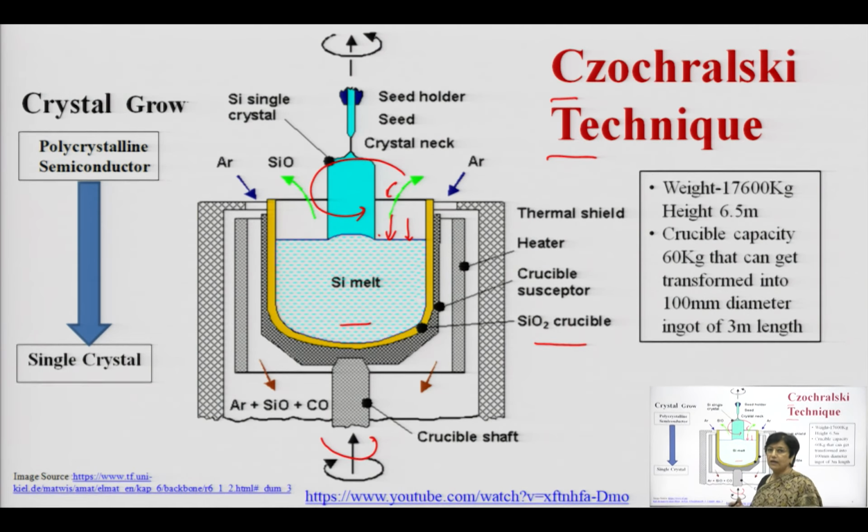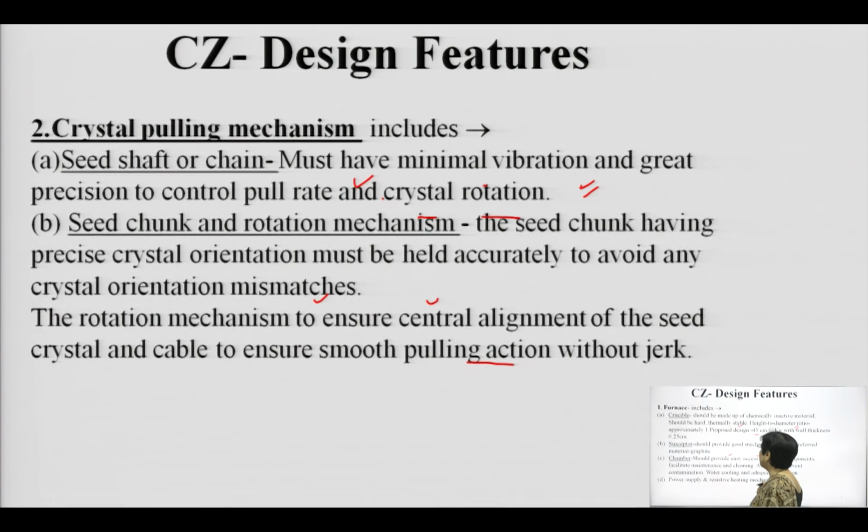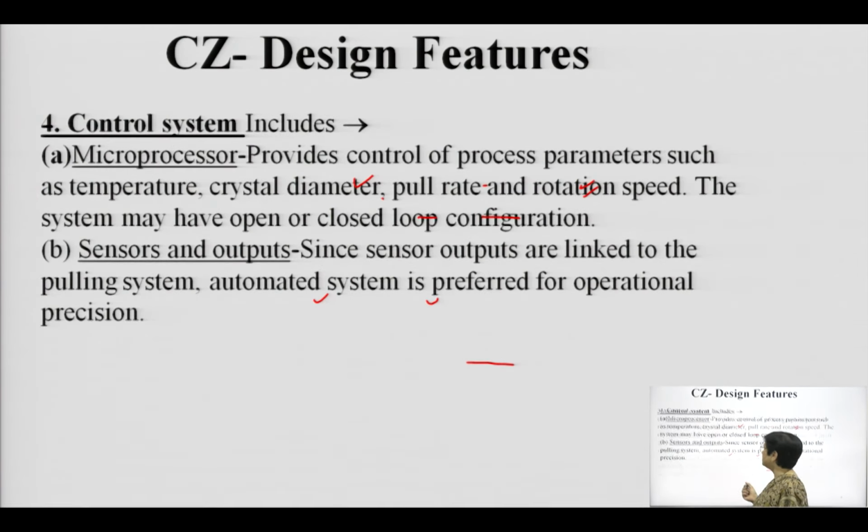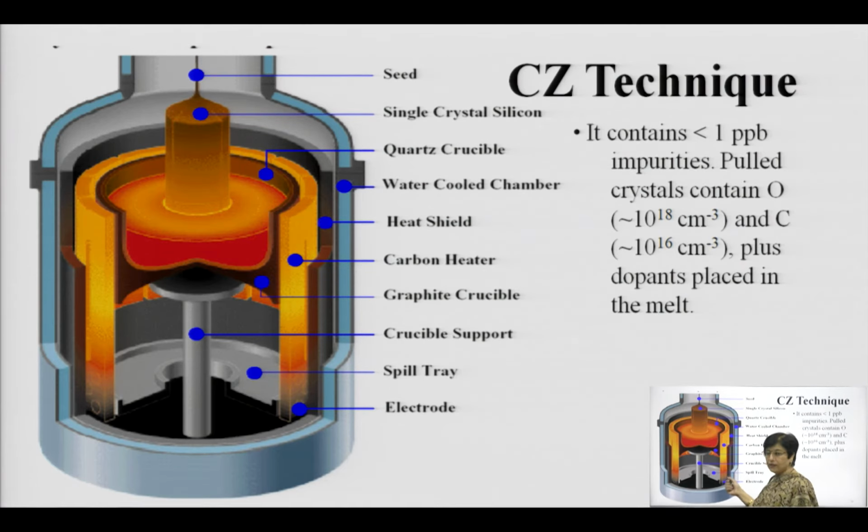Now, I gave you the resemblance, it is just like sugar candy getting produced from molten sugar. Similarly, from molten silicon, this solid silicon is getting formed. Whatever orientation the seed crystal has, the same orientation of crystal growth will happen, and the rate has to be exactly controlled, and there goes the mathematics behind this crystal growth mechanism. Now, what is this mathematics? The figure again is making your concept clear.